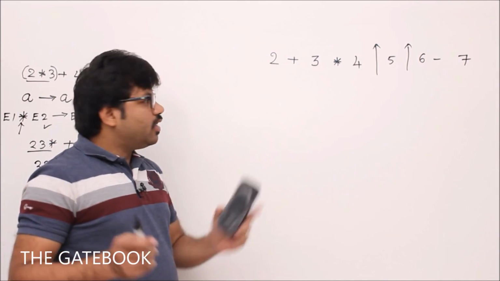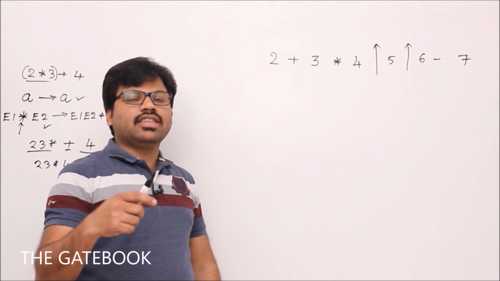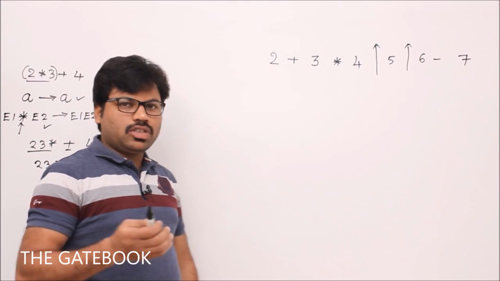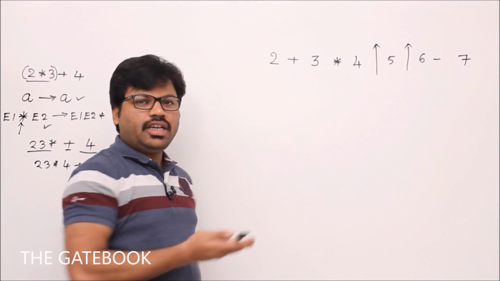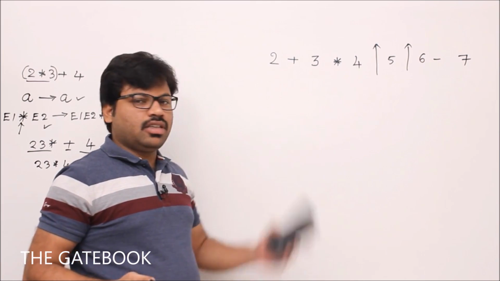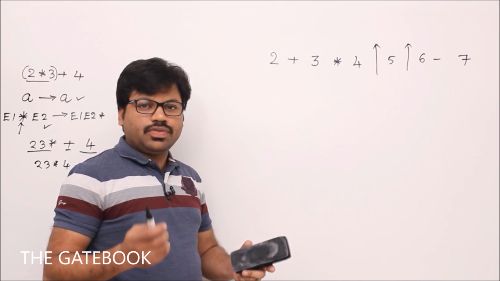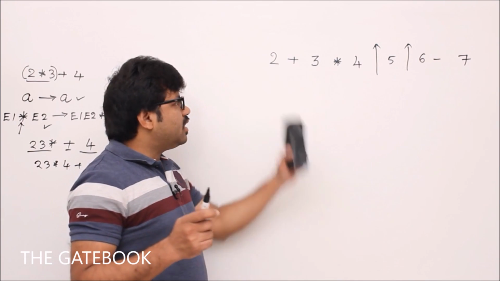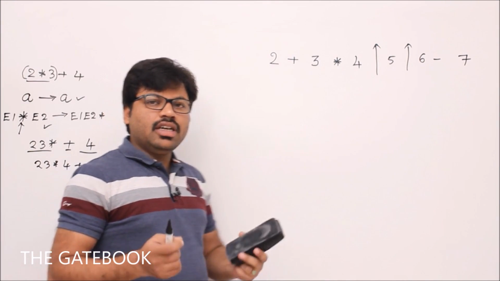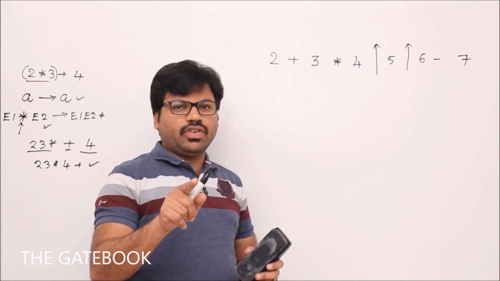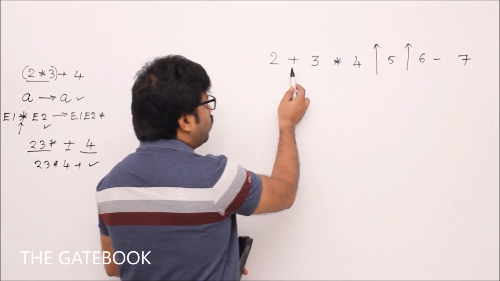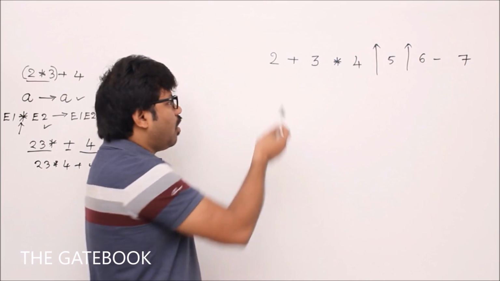We are going to convert this example into prefix, and at the same time postfix. Let me begin with postfix because we have just discussed postfix, right? After that we'll go to prefix. To convert this to prefix or postfix, first of all we have to go through the precedence of the operators, because we know that the highest precedence operator is to be converted first. That's the reason I would like to put parentheses around these operators.